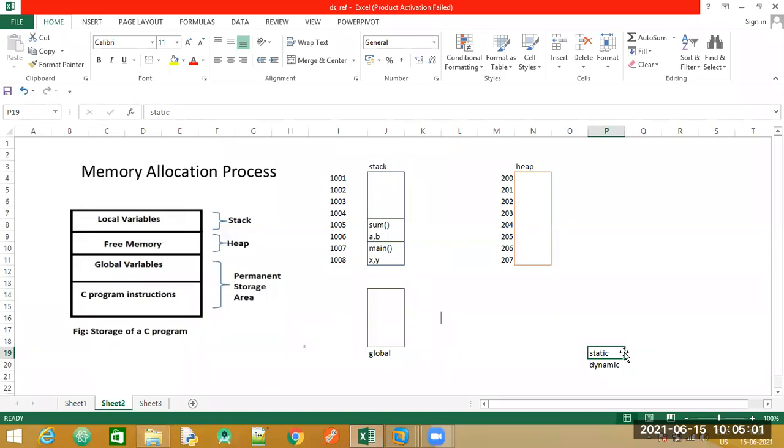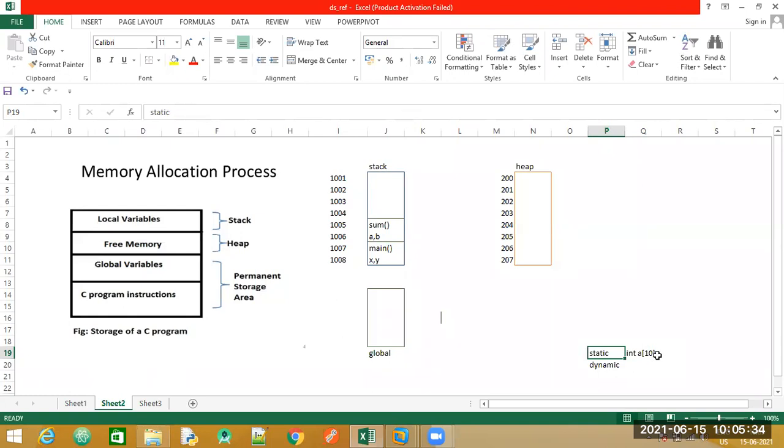Now, assume that you have declared an array called A, and the size of the array is given as 10. It means that we are able to store elements from index 0 to 9. When I compile the program, the memory is allocated at the time of compilation, and that is static memory allocation.